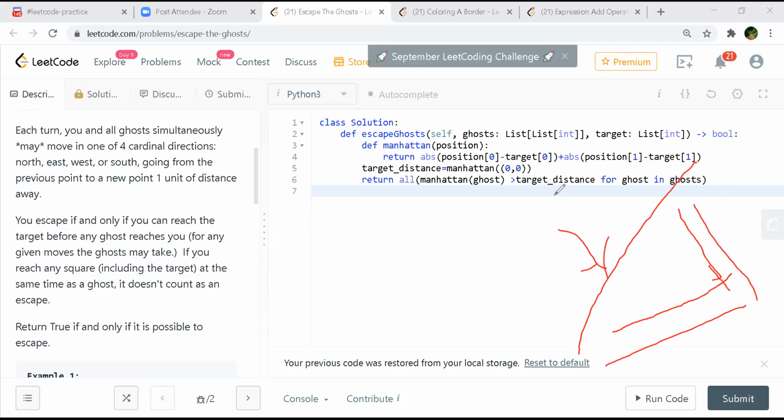Oh, yeah, that's diagonals you're talking about, right? Yeah, the diagonals. But Euclidean always calculates the hypotenuse. Yeah, makes sense. So we are going along X and then along Y. So that is what Manhattan distance is. So you add the X and Y always, and then you reach the destination.